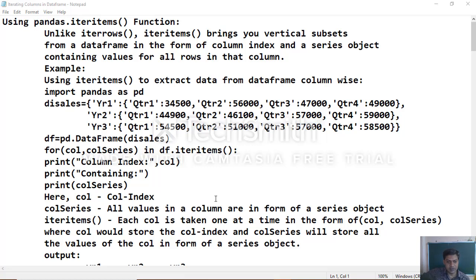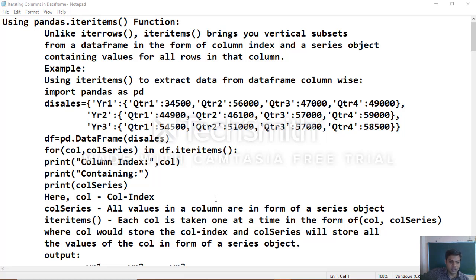The function we used was iterrows, iterative rows, for a data frame object when we want to extract the data row wise, as well as the position-wise series objects from the data frame object.